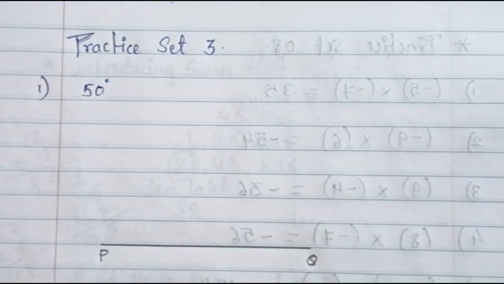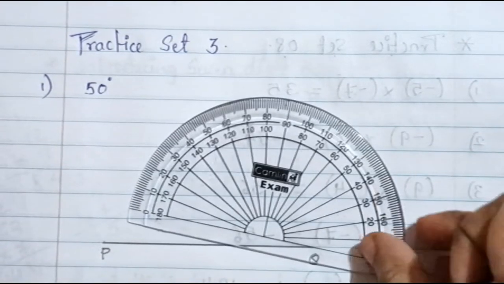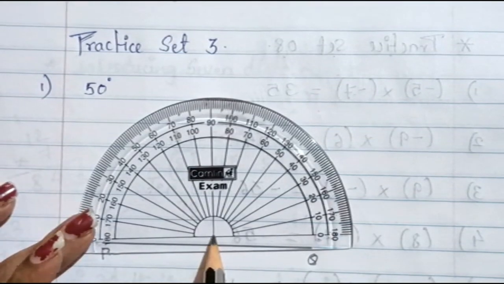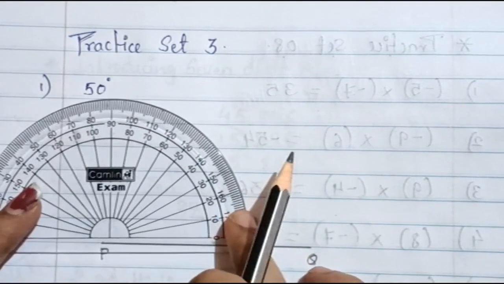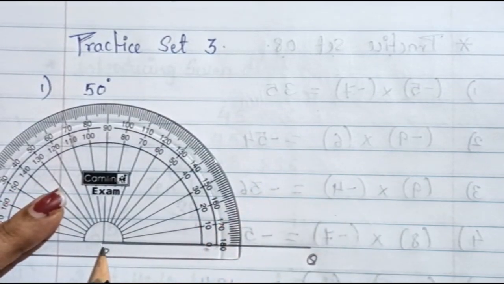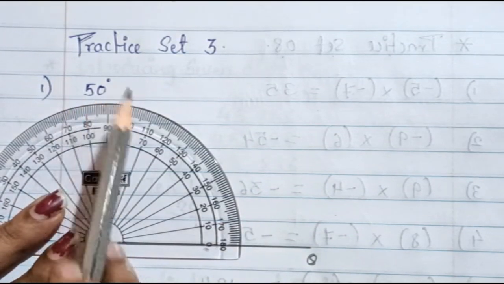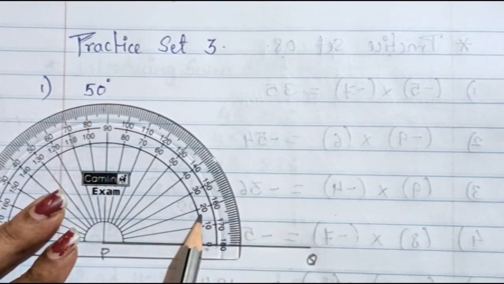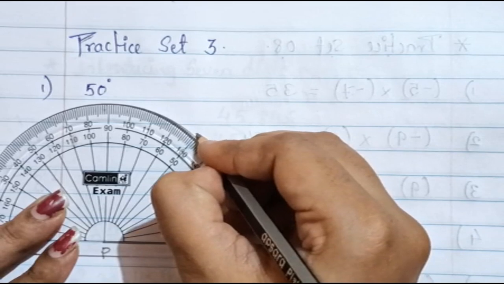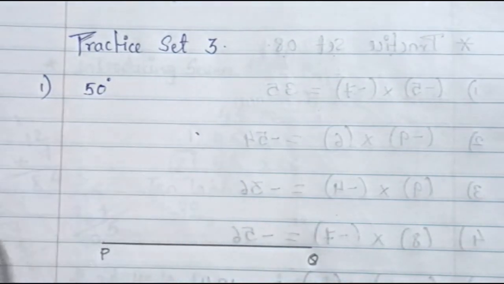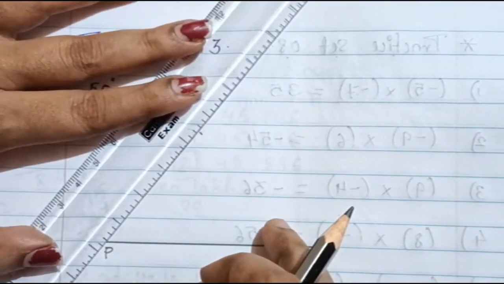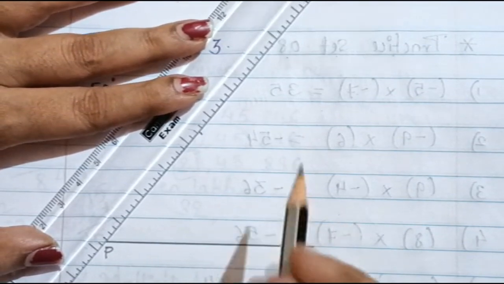Okay, then with the help of protractor, now you have to use the protractor because it is given 50 degree. So this is the center of the protractor. ये protractor का center है, तो ये आपको ये point P पे रखना है. आपको वो center जो है protractor का वो point P पे रखना है and it is given 50 degree. तो आपको यहाँ से देखना है ये 0, 10, 20. Okay, where is 50 over here? So that is 50 degree. So you will make a point over here as a 50 degree. Okay, I have made a point, and then again with the help of the scale, you will join that point. Okay, with the help of this scale.